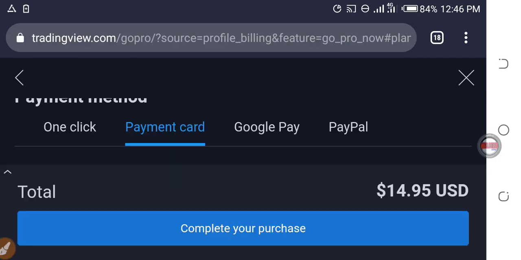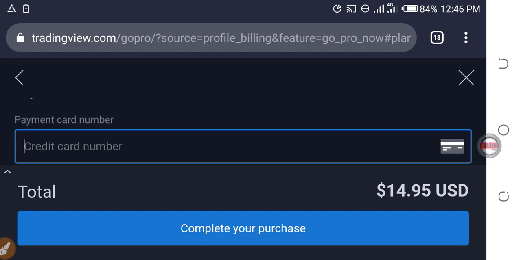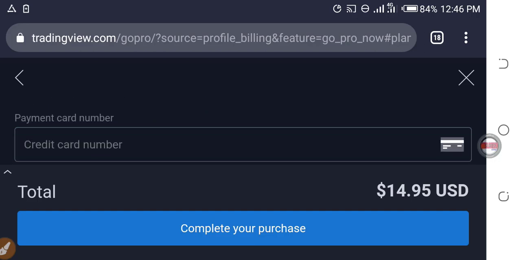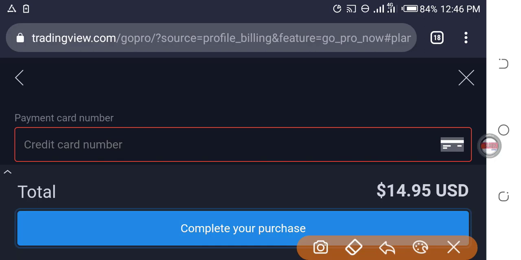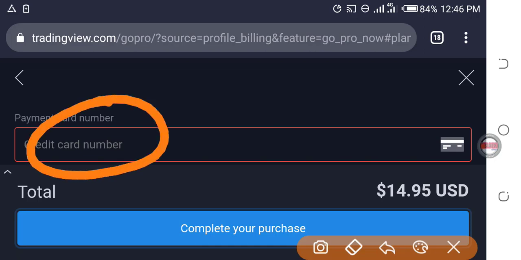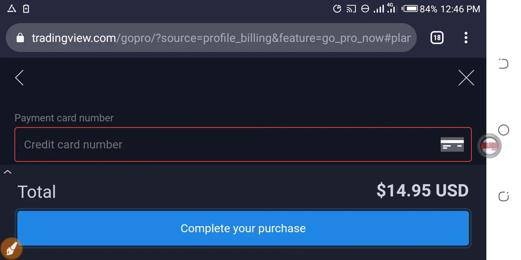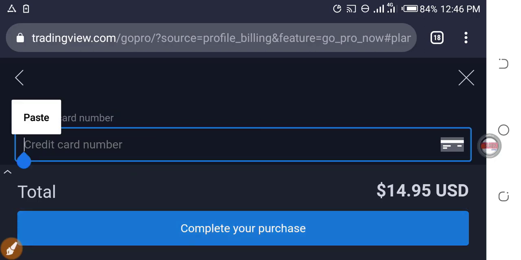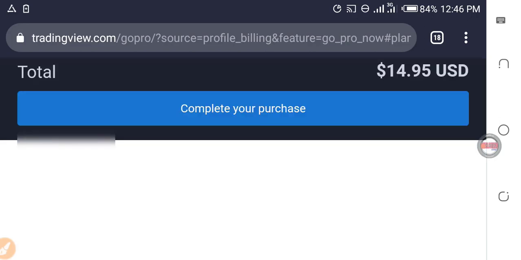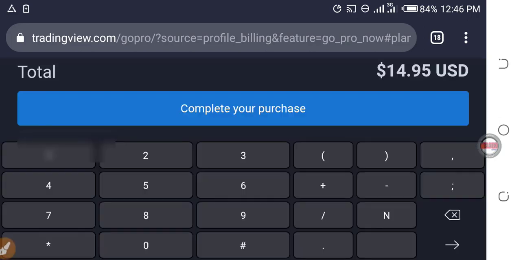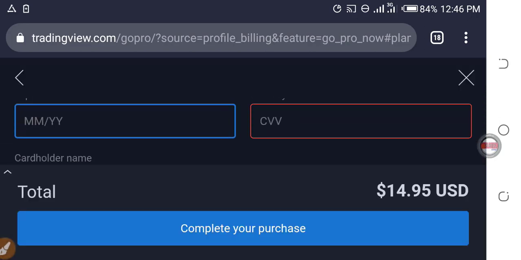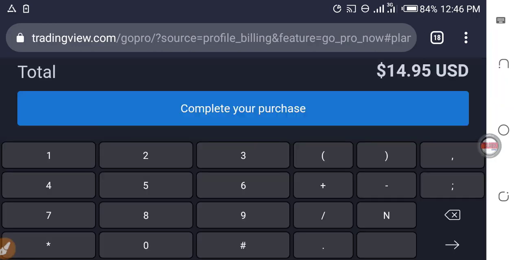I scroll down. As you can see here, card number, payments card number. So I need to enter the card number here. Let me paste it now. I copied it already. So I need to paste it. So this is the card number. After entering the card number, what I need to do is to enter the expiring date. Expiring date is 04/25.